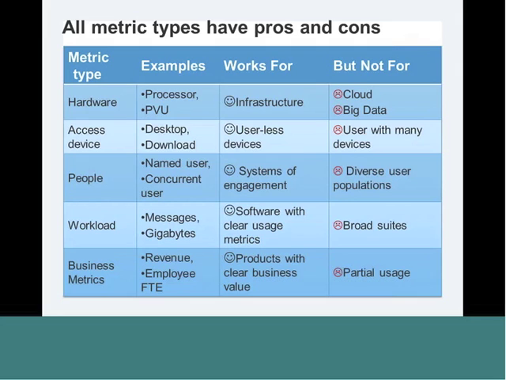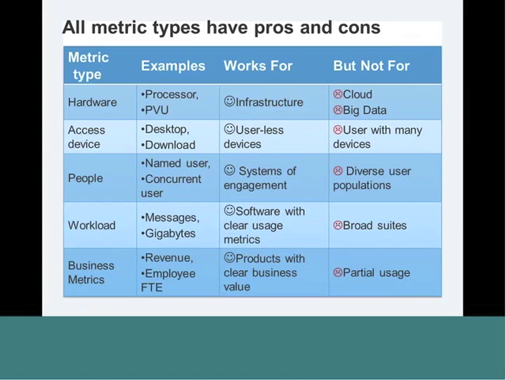What about software pricing metrics then? Talked a little bit about how the old concept of pricing software based on hardware processing power is obsolete. Well, there's no real perfect alternative. Again, I won't go into too much detail on this slide. The key point of this slide is that there's no perfect answer. There's no good metric or bad metric. It's just what fits the software product that we're dealing with at the time. We need to be aware of the pros and cons and manage the downsides.